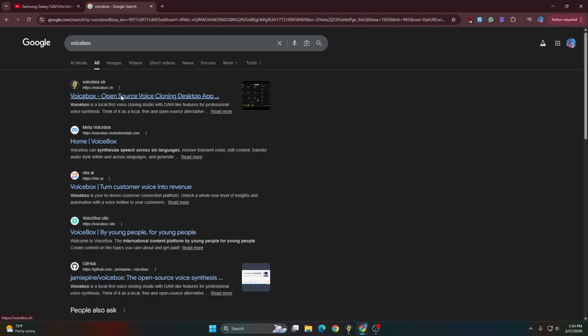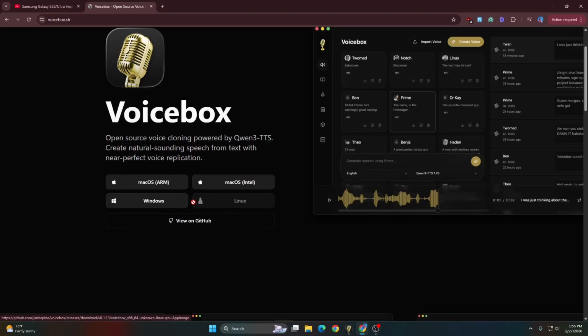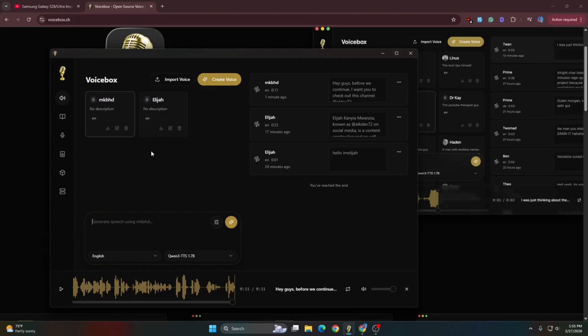Just download the installation file, and just like that. Windows, Mac and all that. Once you have downloaded and made the install, it will just look like this. So here is the interface that you'll get, VoiceBox. On the top here you have the option to create voice, but before you do voice creation and all that, head